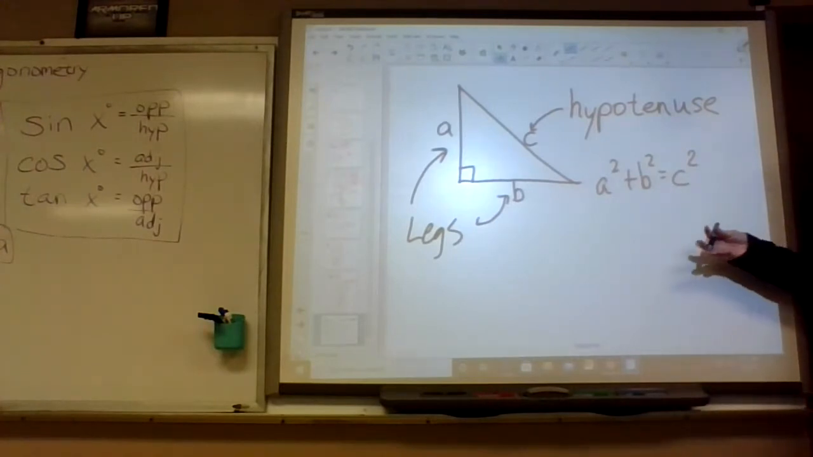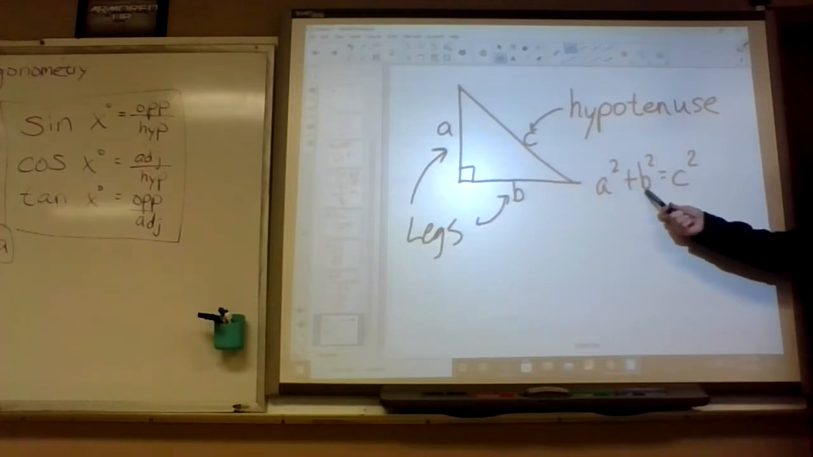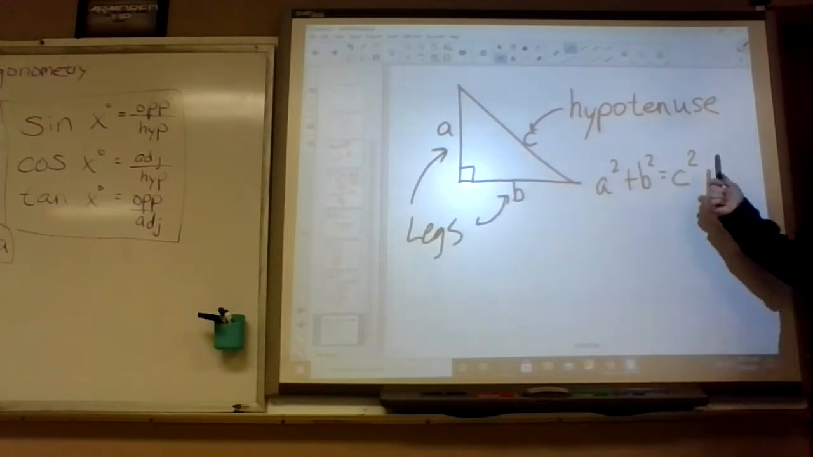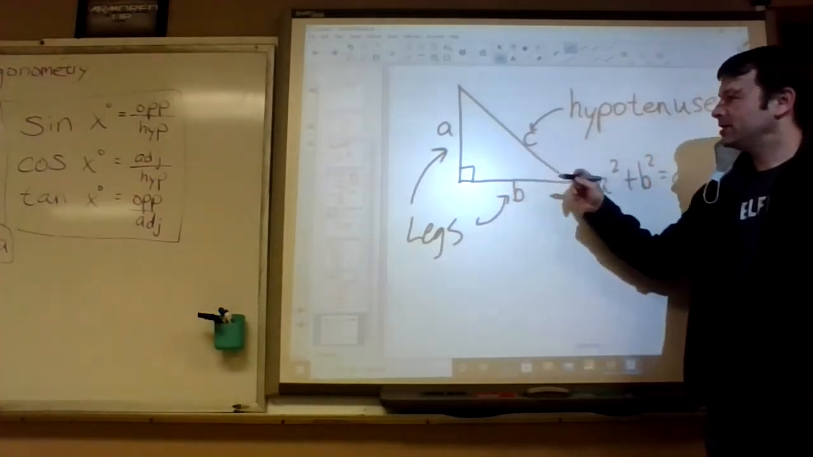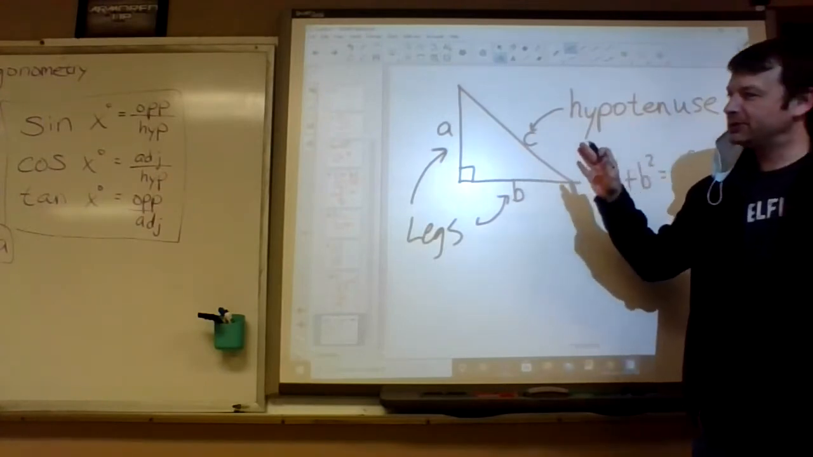So this trick only works if we know two sides of a right triangle, right? Then we can find the missing side. So what we're learning today, trigonometry,